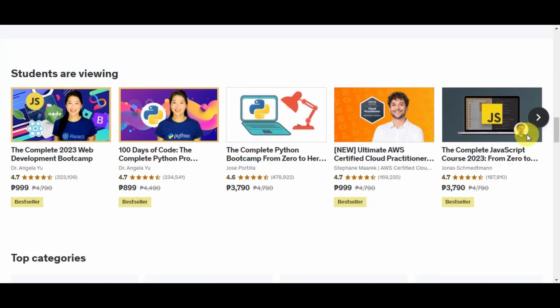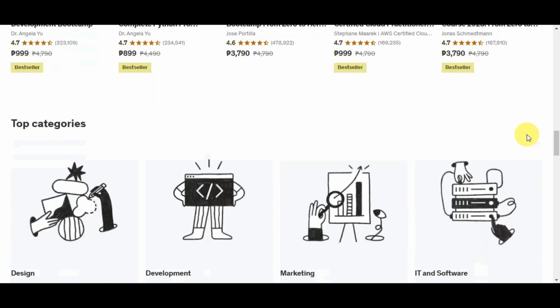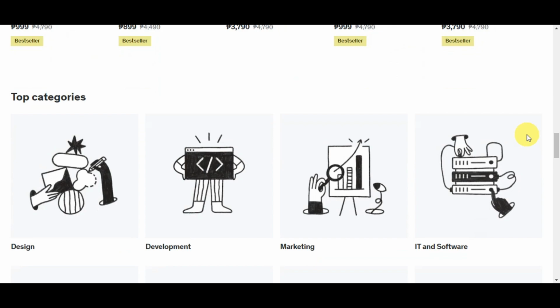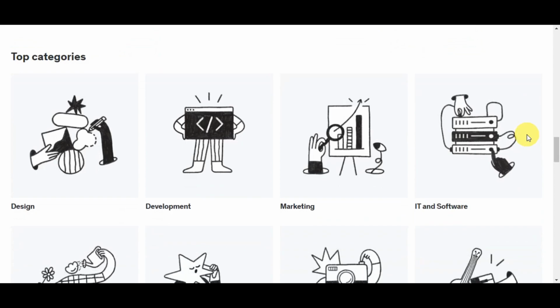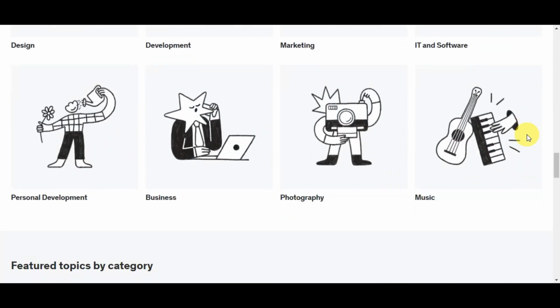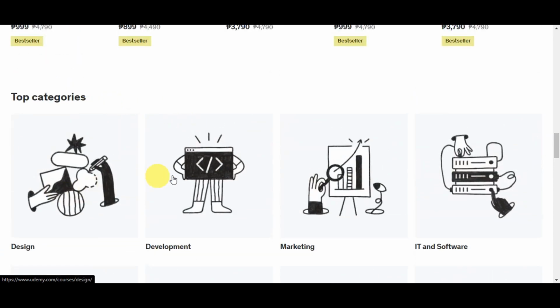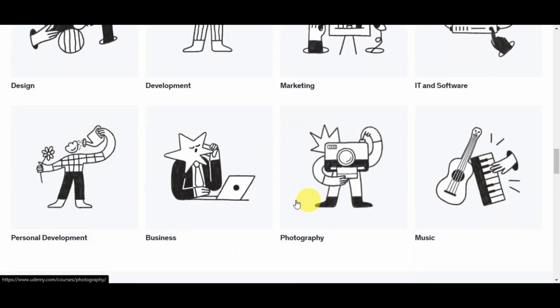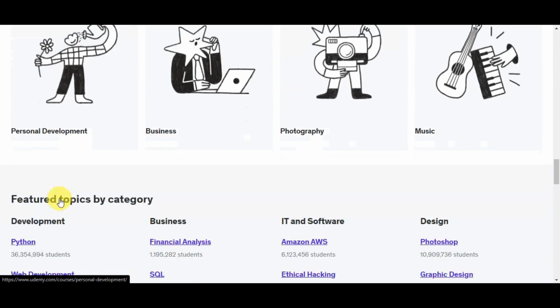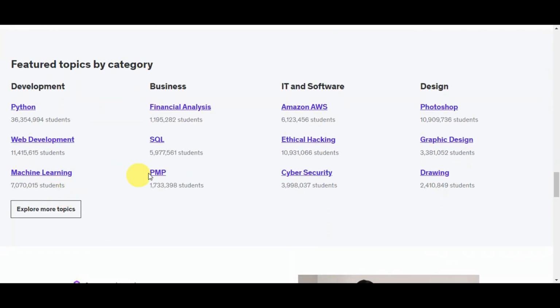Udemy offers both free and paid courses, making it accessible to broad audiences, and learners can access the courses at their own pace, often with lifetime access to the course materials, including video lectures, quizzes, and also assignments. So, as you can see, here are the top categories of the courses that are offered here on Udemy. It is actually a versatile platform that provides opportunities for personal and professional development, catering to learners of all